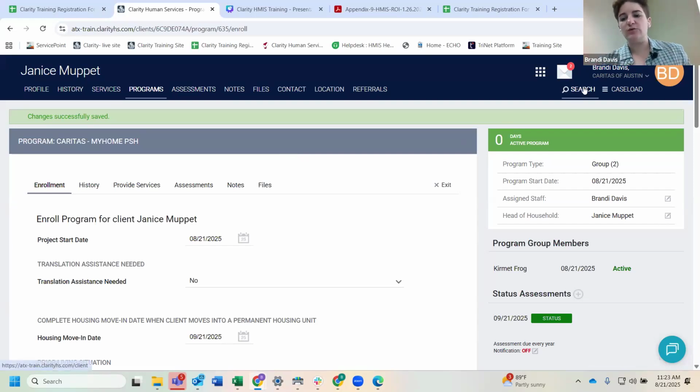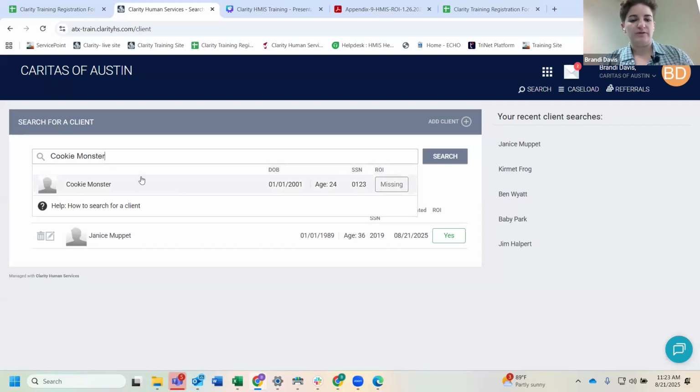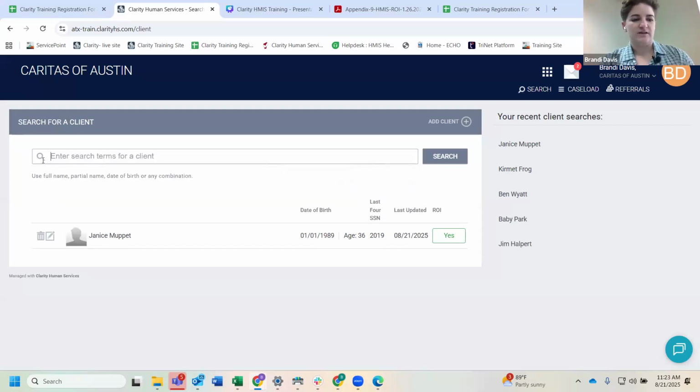So I'm going to invite y'all to do this, especially if you work with this pretty often. So we're going to add the child to Clarity. The way we want to do this is we want to click on the search button because search equals what? Yay, awesome. So we'll click on that and then we're going to add our child. I'm just going to name the child Cookie Monster. We can name the child anything. Oh, nope, it's in here already. Okay, I'm just going to call it Baby Muppet.